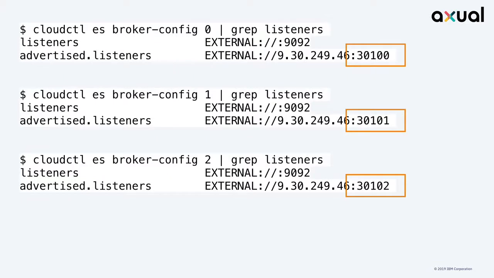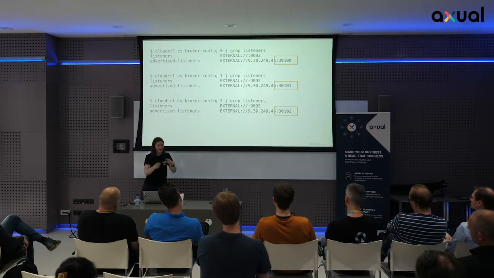We have a proxy, and when requests come in, we say, okay, if we know it's this port, then we know we need to route to the specific broker. It's up to you how you do the specific routing, but the key thing is you need to make sure that the advertised listener is the address that you want applications externally to come in on, and you need to make sure that Kubernetes isn't getting in the way and routing you not to that location.